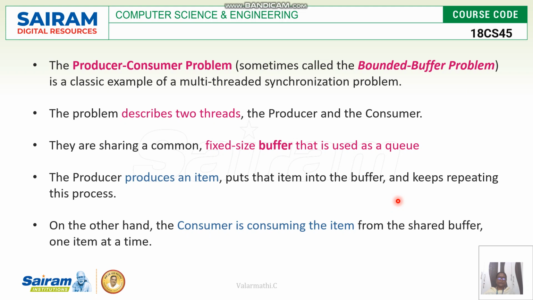What is the meaning of producer and consumer? First we have to know what a producer means. Say an organization is running, and we have to produce more items. That means we have to add the items, which are our producing elements. That item should be stored in the stack, and it keeps on repeating as a process.